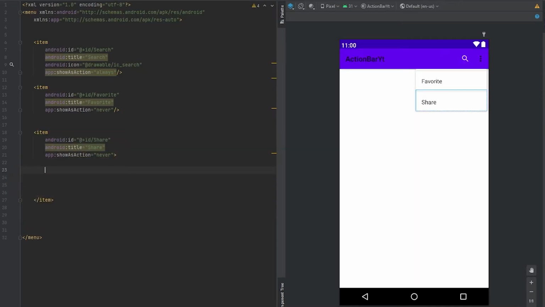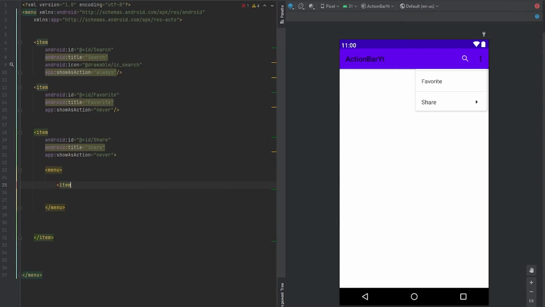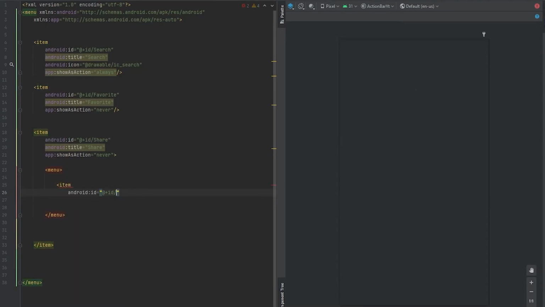So inside this item we need sub menus. For that, inside this item we will create another menu. So I'll just write menu and then close. We get a menu here, and inside this menu we have to add the item. So I'll add item ID